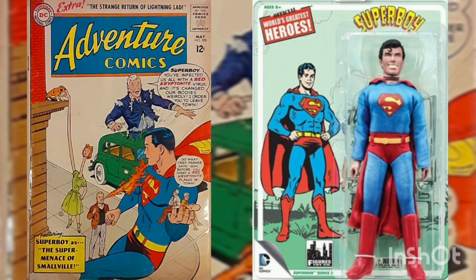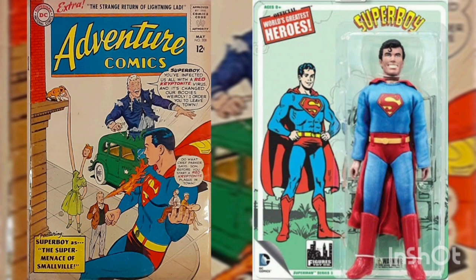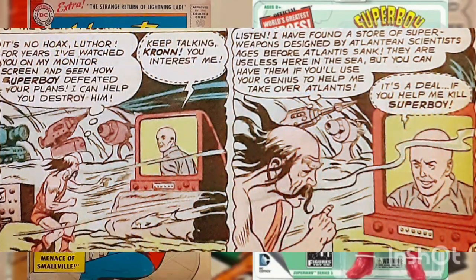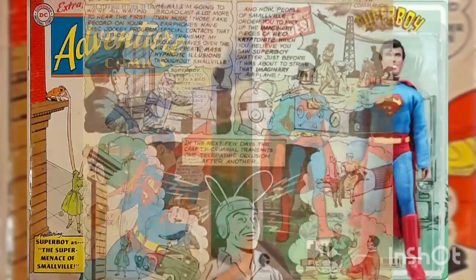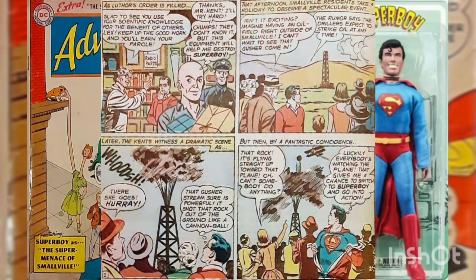The first story is titled The Super Menace of Smallville. Lex Luthor teams up with an Atlantean scientist to attempt Superboy's destruction. As part of the plot, Kron, the Atlantean, gives Luthor the plans for a radio beam that transmits mass hypnotic illusions, with which he makes Superboy and the residents of Smallville believe that Superboy has the power to induce transformations